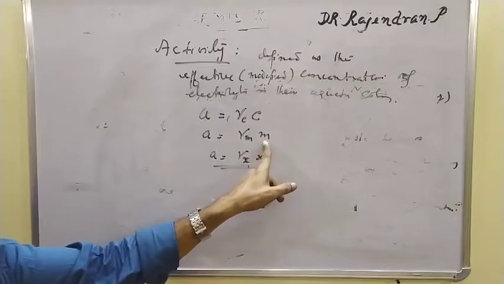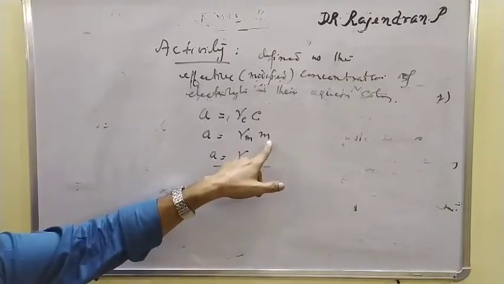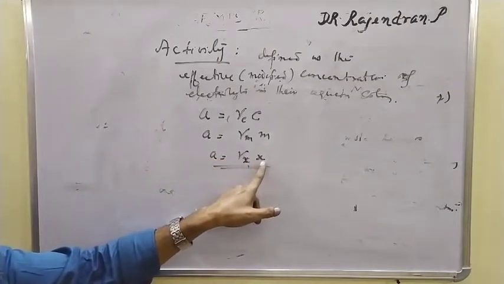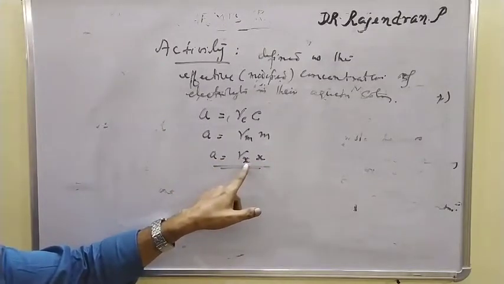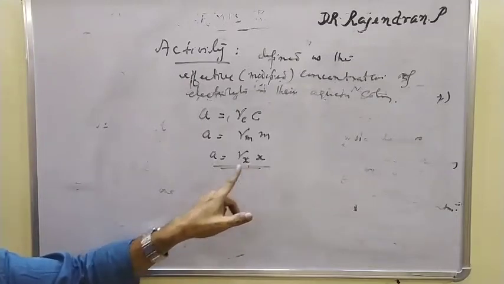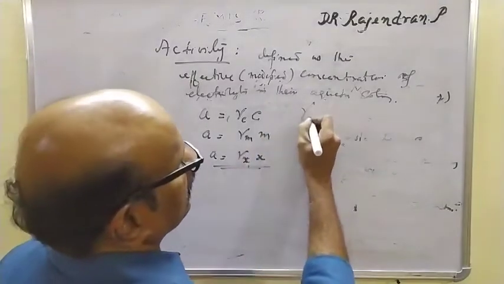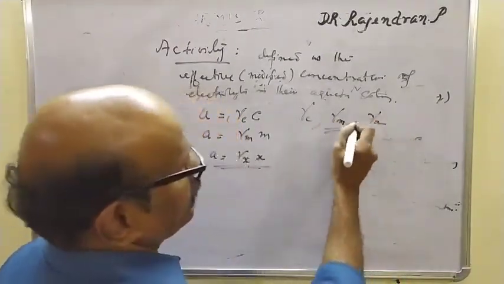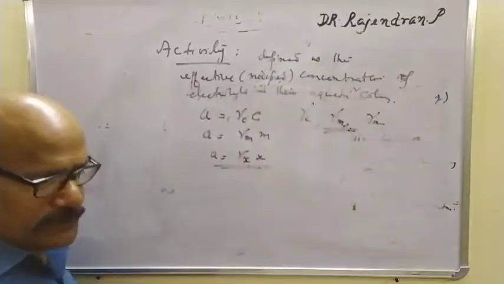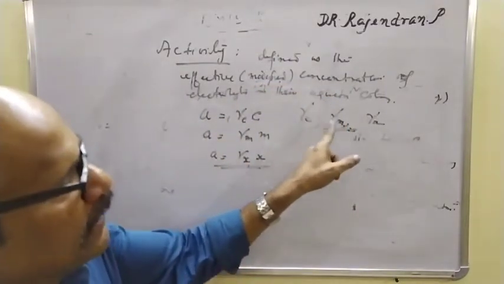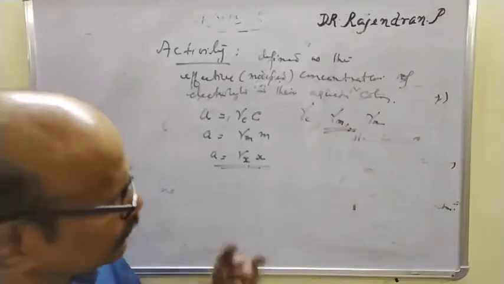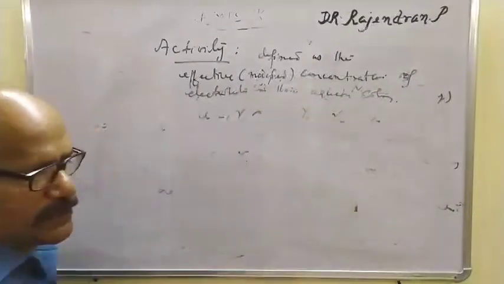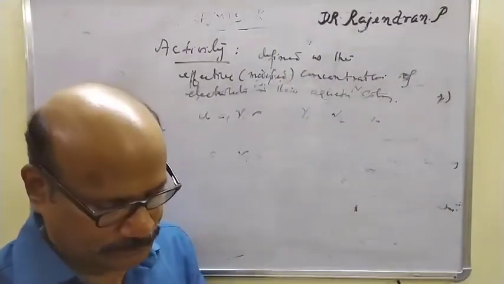This is the activity in terms of molality, so it is the molal activity coefficient, and this is the activity coefficient in terms of mole fraction. So we have gamma C or gamma M, or we have gamma X. Most commonly this is employed, or this is usually common. In certain cases this may be molarity and this may be molality. Conveniently used, you don't need to bother about it. In most cases, electrolytic solutions are usually represented in terms of molarity or molality.